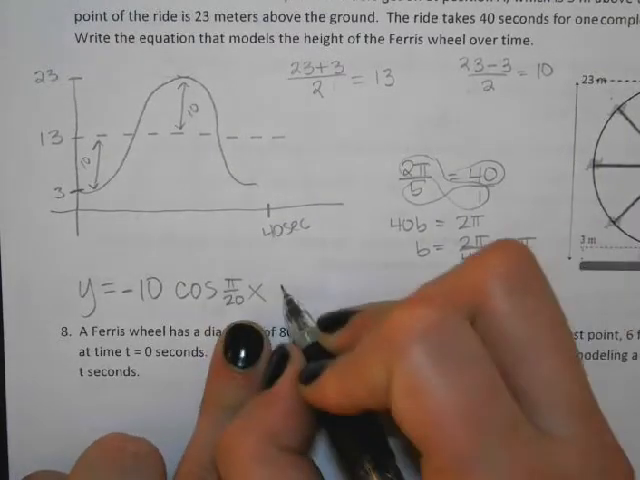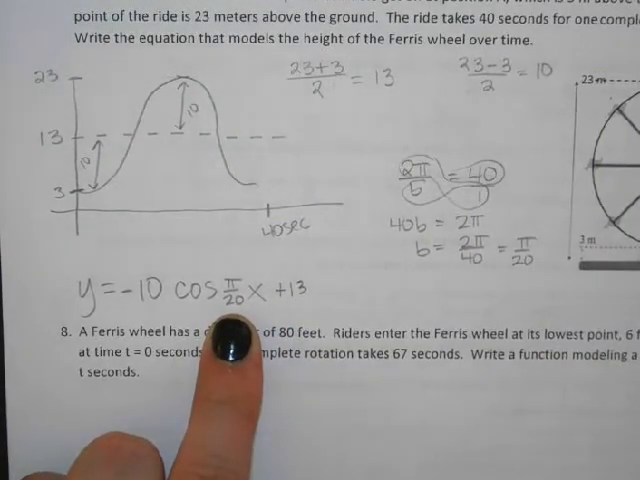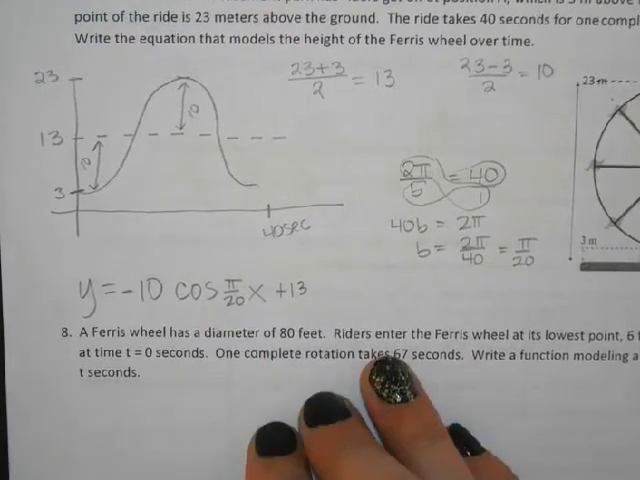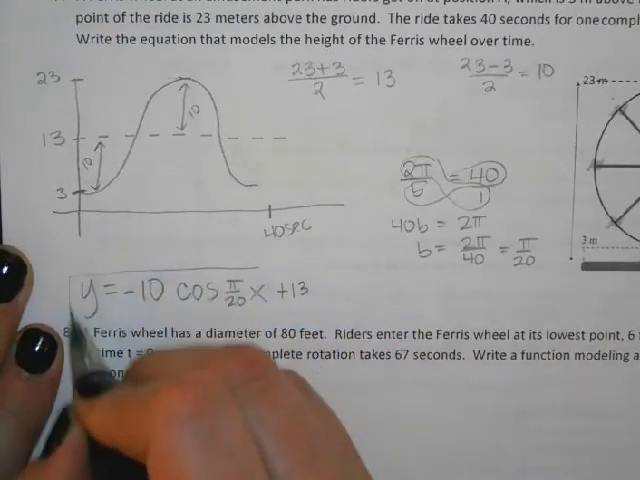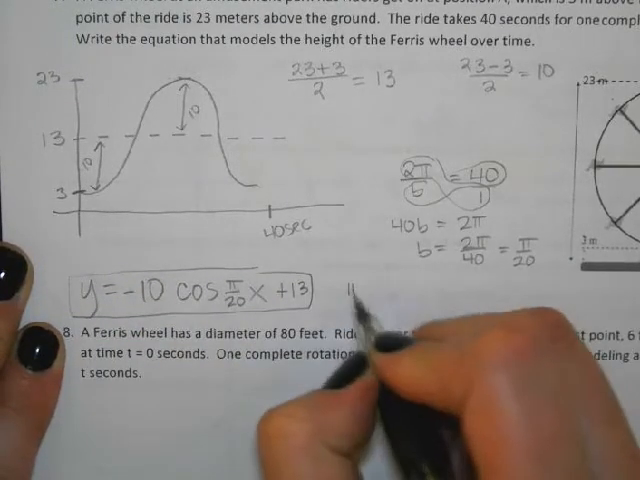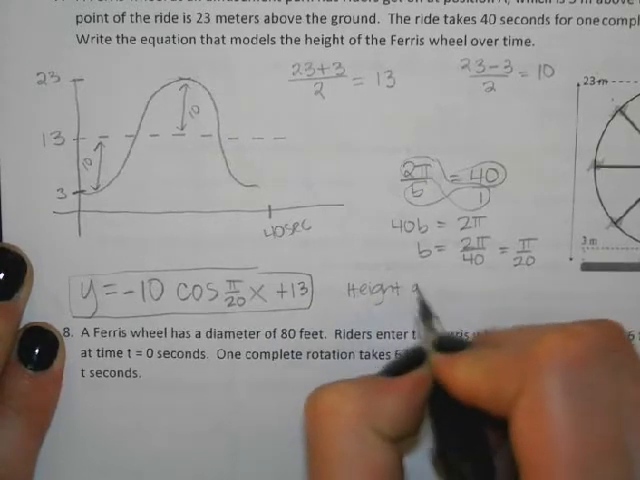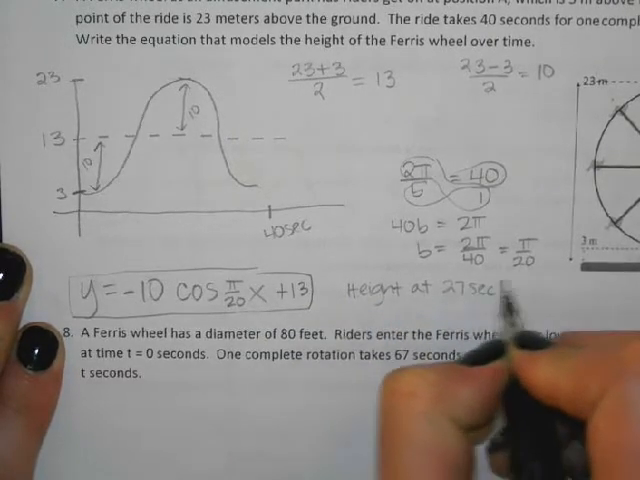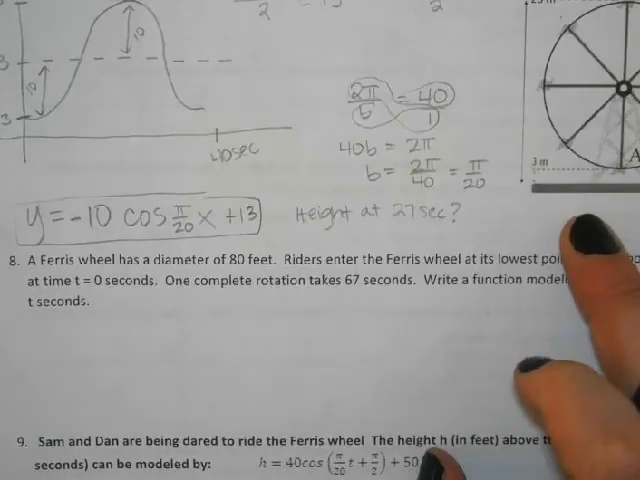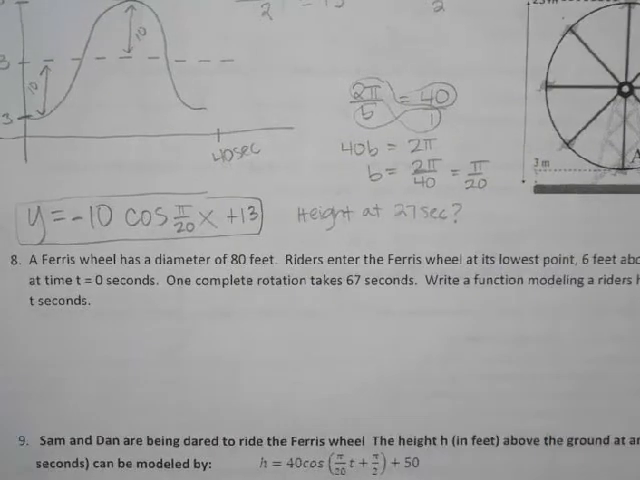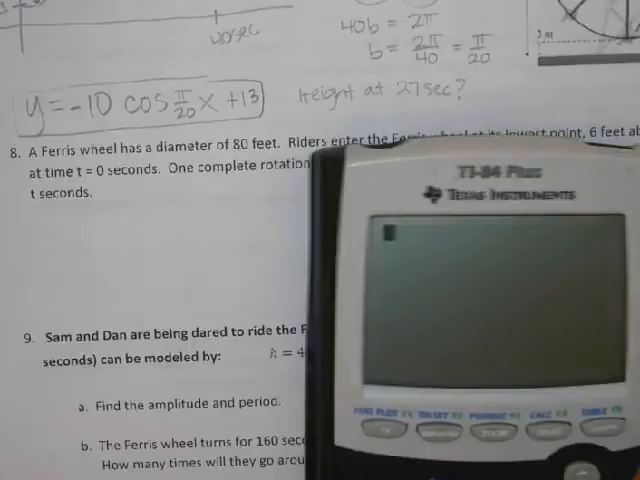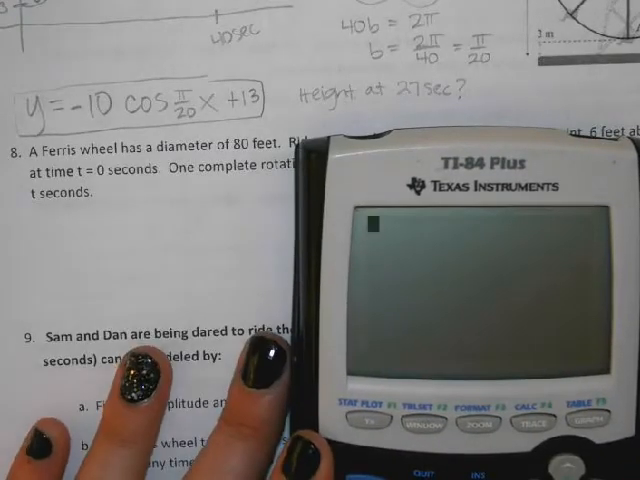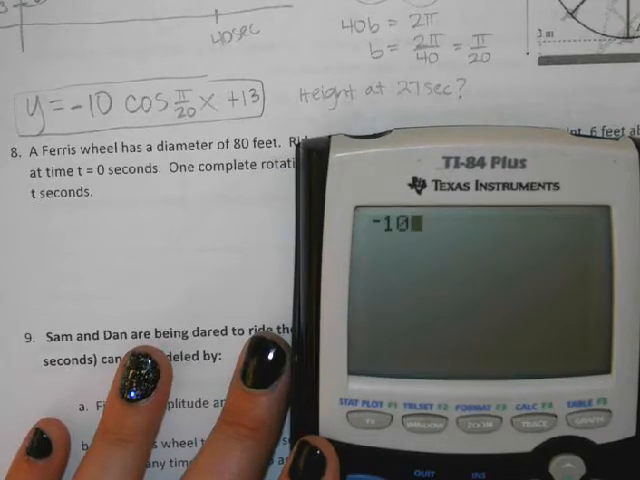And it's plus 13. Where did Carrington get the plus 13 from? That's the midline. So what we're going to do now is take this equation and say, what is the height at 27 seconds? I can plug it in, and I'll be able to find the height. So this is where we're probably going to have to go to the state fair and get on the Ferris wheel so that we can figure out